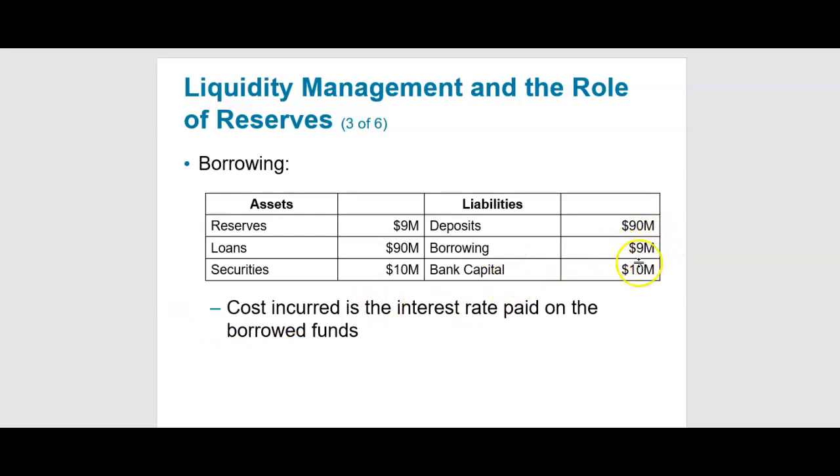Take the $9 million automatically from here and put it in the reserve. I'm not going to do anything with it other than that. The cost of this one is the interest rate that I as a bank have to pay to borrow these funds from the other banks. So we can either have, if you remember in the money market, the overnight loans, the repos that we have discussed, borrowing from other banks. We have to pay interest to cover ourselves. And if you remember on the repos, we discussed that as being one of the main tools to cover ourselves for the reserve requirement.